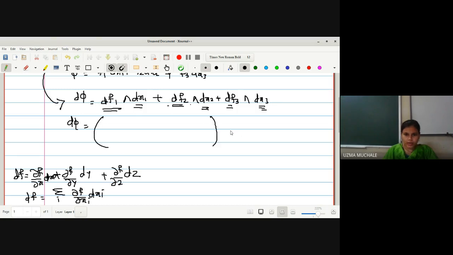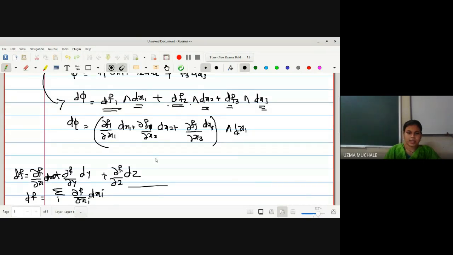So I have to write down one whole bracket for this df1, so that I can write it in the very similar way of this function. Okay, df, how we write it is summation over i dou f by dou xi dxi. So in the very similar way I have to write down for this one, that is f1 with respect to x1 dx1 plus next term is f1 with respect to x2 dx2 plus, we have to find out the derivative of f1 with respect to x3 and dx3. Yes, everyone getting what I have written here? Yes, ma'am.